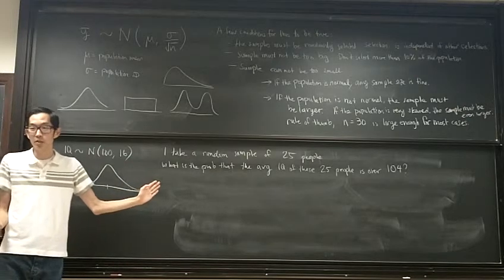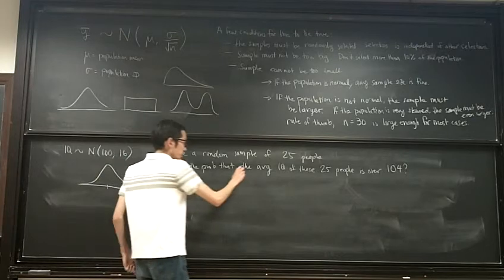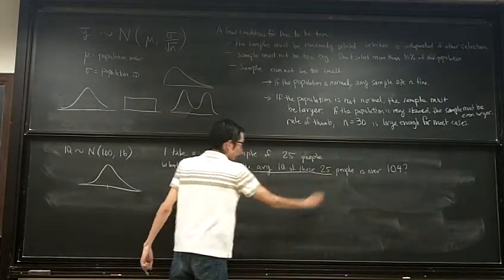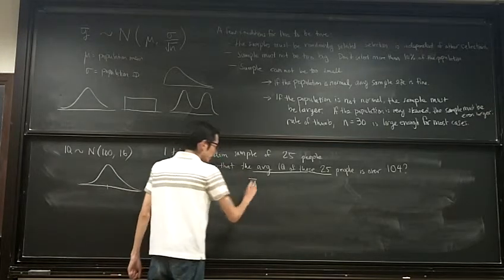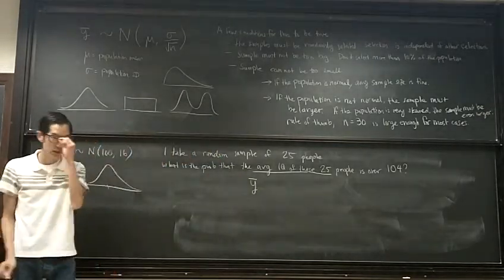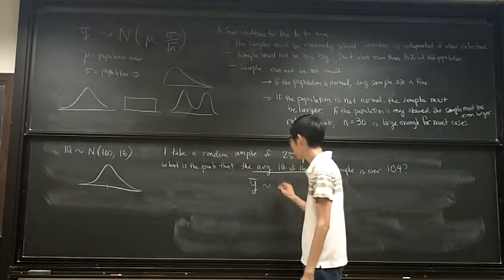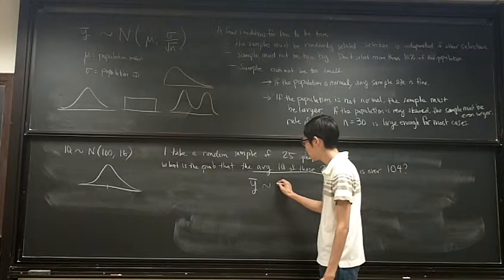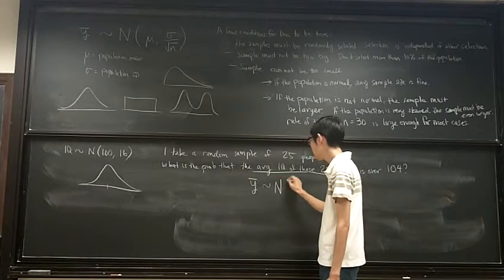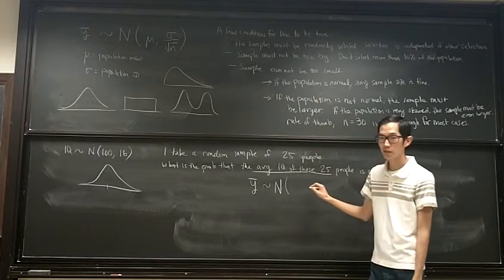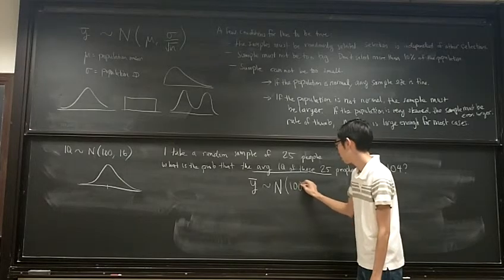We want to know the probability that the average IQ of these 25 people, so this is a Y bar. What is the distribution of Y bar? From the central limit theorem and what we understand about sampling distributions, Y bar will follow the normal distribution. What's the mean of this normal distribution? The same, so that's going to be 100. And what's the